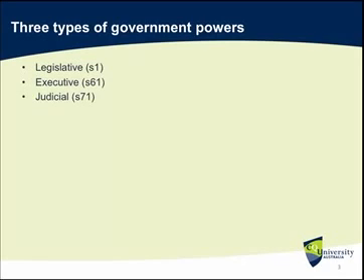Under Section 71 of the Constitution, judicial power is with the Chapter 3 courts, or the federal courts. And the federal courts, as we will later see, do not just consist of the federal courts themselves, whether it's the High Court of Australia, the Federal Court of Australia, the Federal Circuit Court of Australia or the Family Court. In fact, Supreme Courts of states may be vested, and often are vested, with federal powers as well.